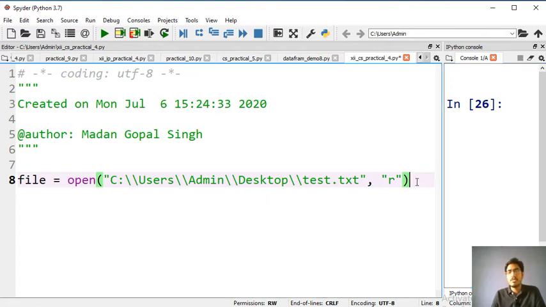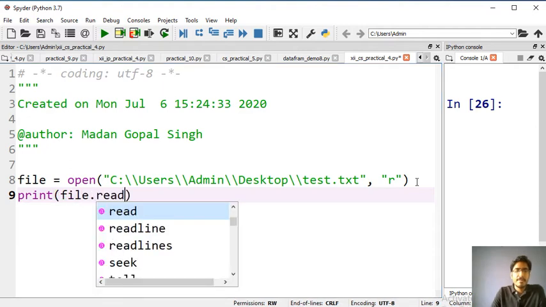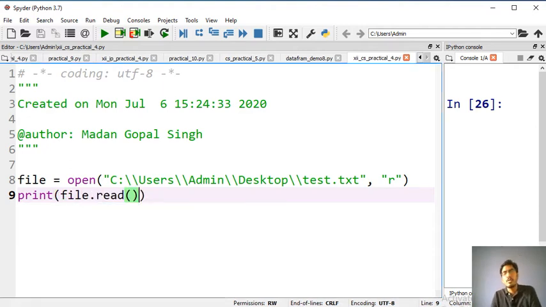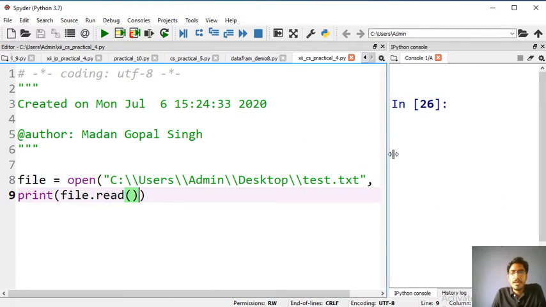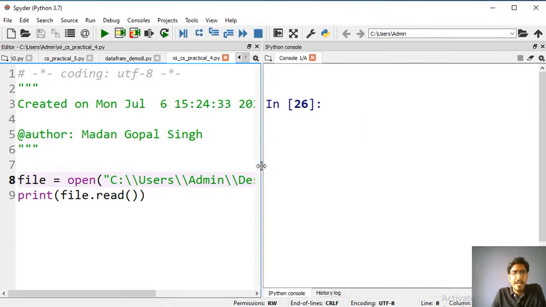Now let's suppose you want to print the whole content of the file, then you will use the read method, as I have already told you. The read method is basically used to print the whole content of the file. Let's suppose you want to see what is written in the text file, then you can use the file.read method.